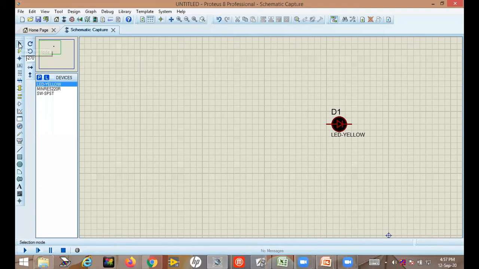Now here, just come to your mode of operation. There are different modes of operation. One of the modes is terminal mode. You can see when I put my mouse on this mode, the name of the mode appears here. This is terminal mode. Here you will get different terminals like input terminal, output terminal, then power supply, power, then ground. So in this project we will require power and ground. So I will just click on power, and this is the symbol of the power.